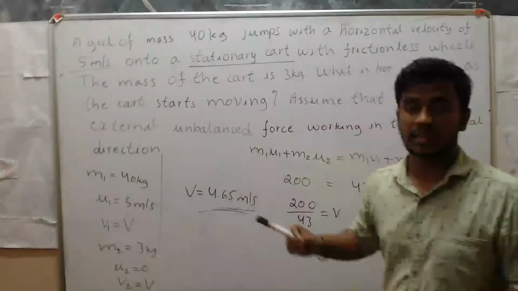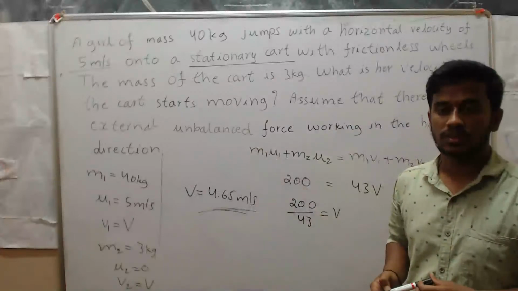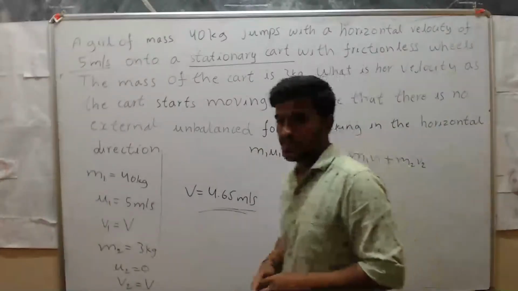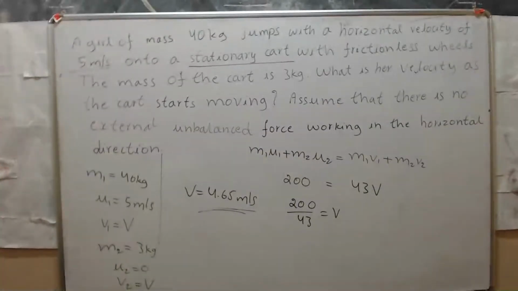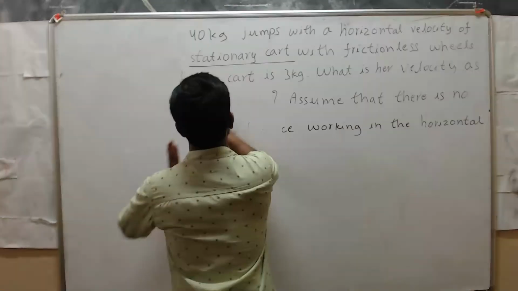Then what is the final velocity of that cart? Tell me, what is the velocity of that cart? Quick. Final velocity of that girl is 4.65 meter per second. Then